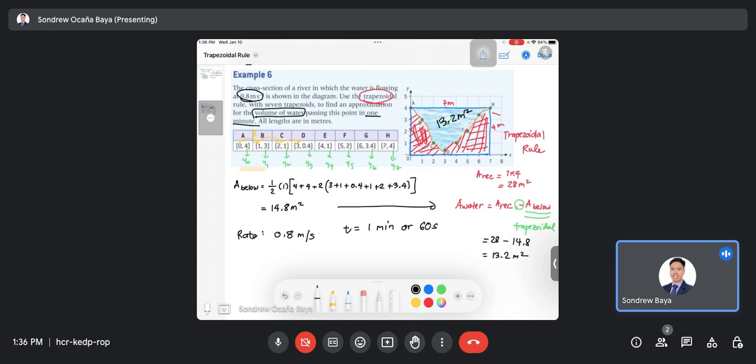That means if the amount of water coming in is 0.8 meters per second, in 60 seconds there must be 60 0.8s. Remember that in 1 second is 0.8 meters. In 2 seconds, that would be 2 times 0.8. In 3 seconds, there must be 3 times 0.8. So in 60 seconds, that must be 0.8 times 60. This is how much water comes in 1 minute, which gives you